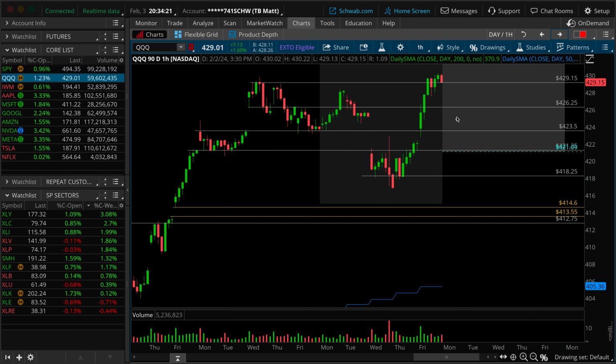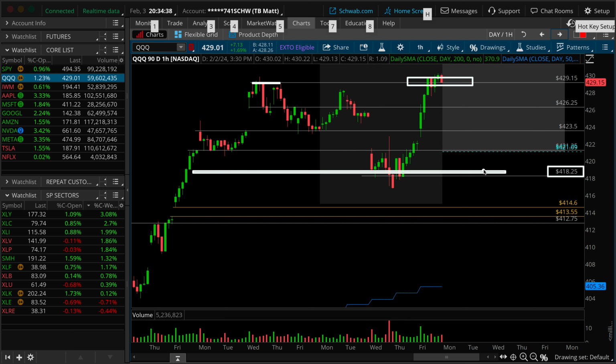Larger issues start to arise when and if this turns into a double top. We find ourselves underneath the neckline, trading down here below that 423.50 we just discussed on the daily time frame, because now you have a double top equal high, right? There was no higher high that you're pulling back from. As soon as you start moving underneath this 418.25, the floodgates should open up for at least 412.75, if not